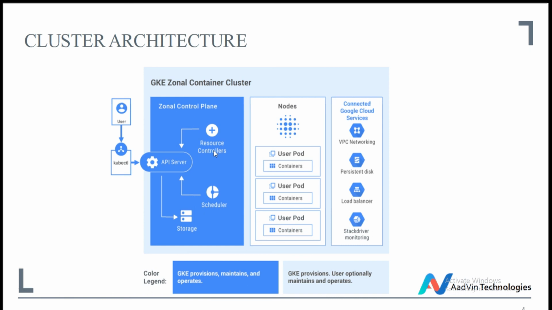And here the resource controllers. The controller manager handles the cluster level functionalities such as some garbage collection tasks, and when engineers want to actually run a container, it is the scheduler's job to select which node has to run and which node has to be used. So that is the scheduler's job. So here the node comes into the picture.